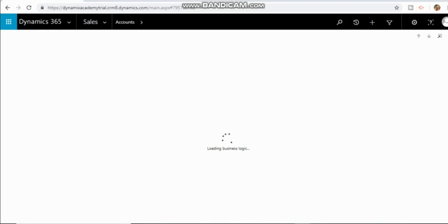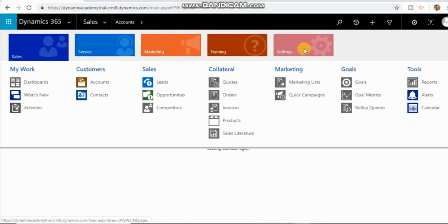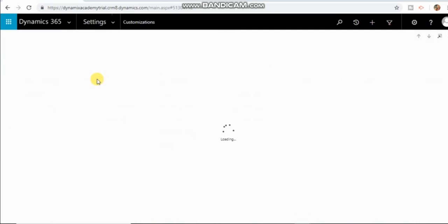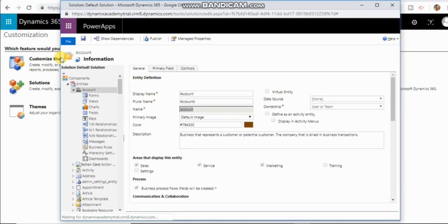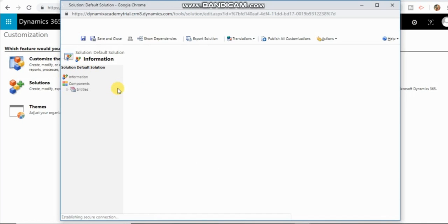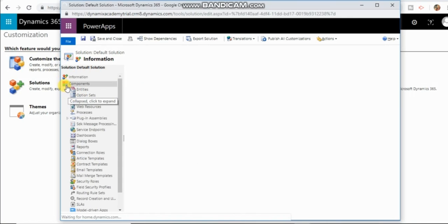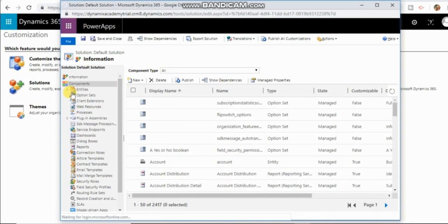You just open your Dynamics 365 instance, navigate to the Settings area, Customizations, Customize the System, and the moment you click on that, you will see all the components in your default solution. From that component list, you have many different types of components.